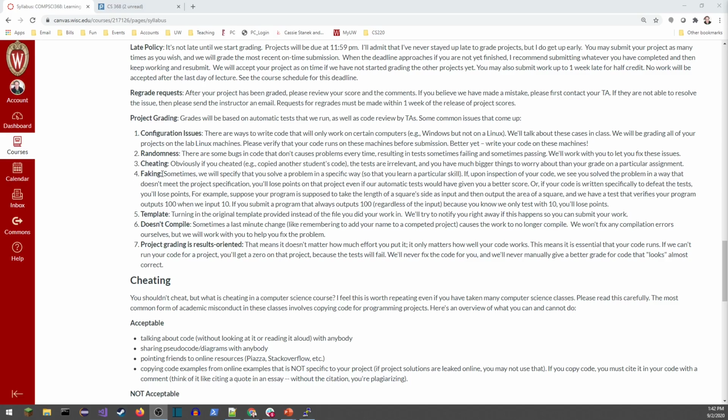Faking is another thing that we'll see sometimes. Not so much in this class, but it could happen. This is where you know that the code needs to pass a specific test, and so you write it in a way that it only passes that test but doesn't work in the general case. Like if you write a function that computes the area of a square, the length of the side times the length of the other side,